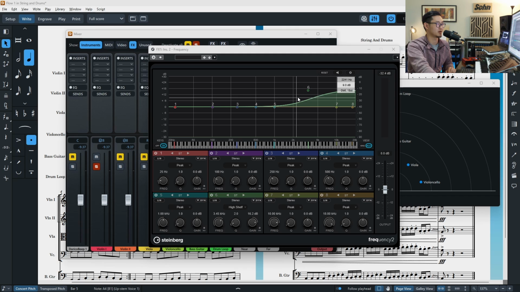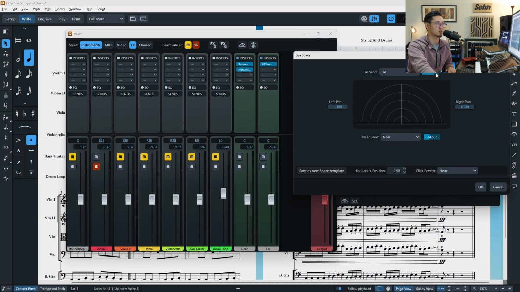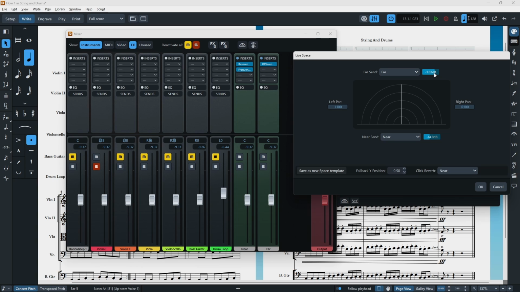I just made the highs a little bit brighter so that you're making these instruments sound more in front. And in the back, I just used a convolution reverb and increased that in the back, so you can see how this one is almost to unity, and whereas this one is -14. So there's sends being done in real time, and let me just show you how that looks in terms of